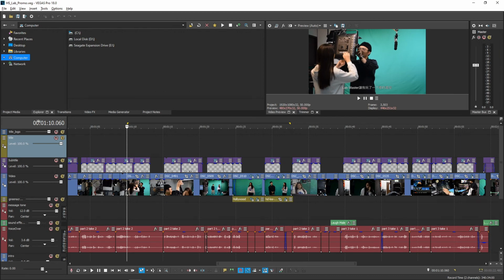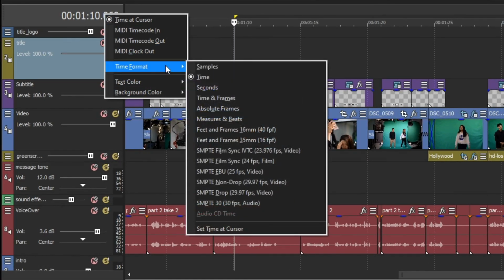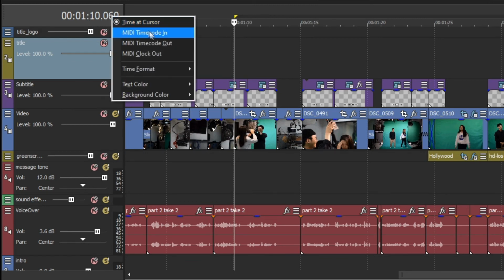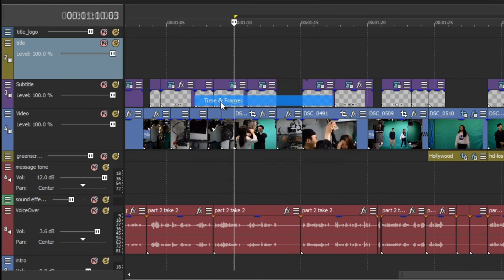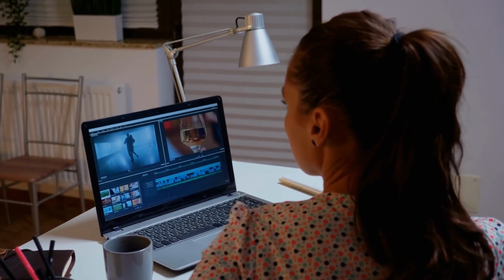Here in the upper left corner of your timeline window is the timestamp. If you right-click on the timestamp and go to Time Format, you can see all the different options there are for your timestamp display. The default might be time, which will show you hours, minutes, seconds, and milliseconds, but I like to use time and frames. Time and frames will show you time down to the second, and then show you what frame you are on. For more on frames, check out Unit 14, Lesson 1.